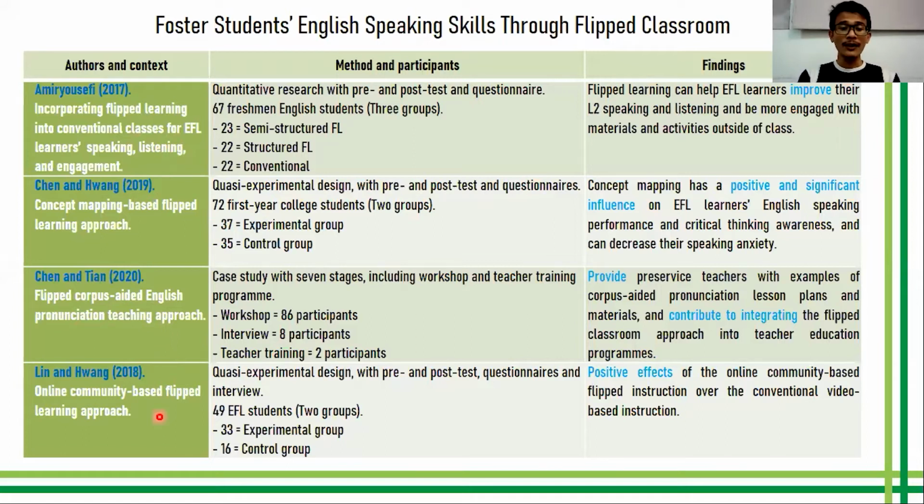Three of them use experimental research, which compares the flipped learning group with the conventional group, for example Amir Yusuf and also Chen and Ling. While the other one used a case study to train pre-service teachers to apply corpora in teaching. All of these studies use questionnaires for collecting data. Besides that, Cheng and Tian and also Ling and Huang use structured interviews to know about student perception and